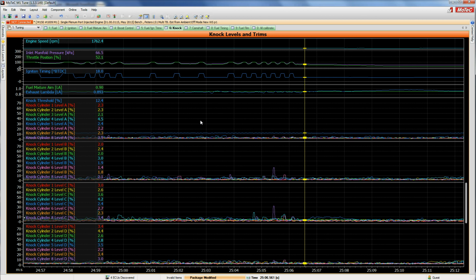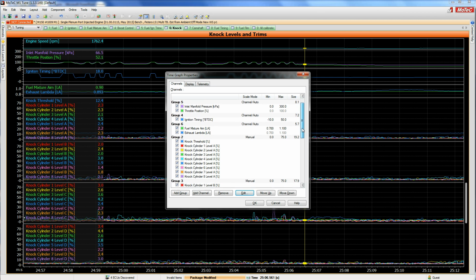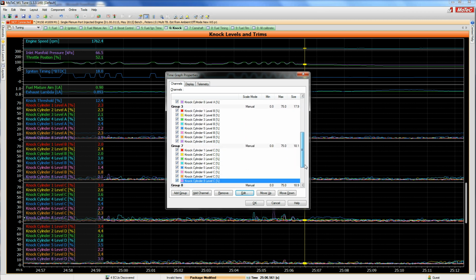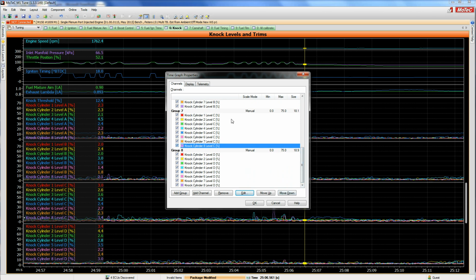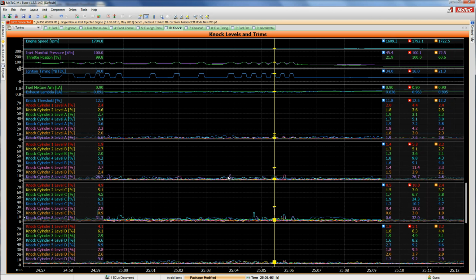So normally I'd press F5 for the properties for this, but because we've stolen the F5 for the fuel and ignition, we go Alt F5 and we can see the properties. So just going through here, you'll see I've manually set up 0 to 75 on all of those panels there. If we have a look, we've got one particular knock event here, so let's get on top of that. Now, just like I2, we can push the min-max average, so M, and that pops up all those there. There's probably a fair bit of information there, but we can see